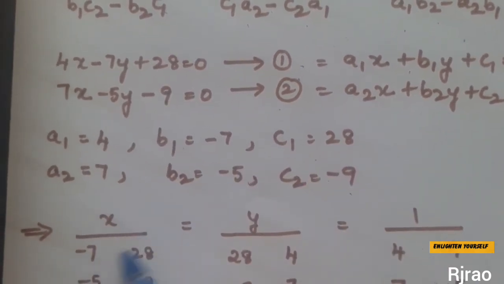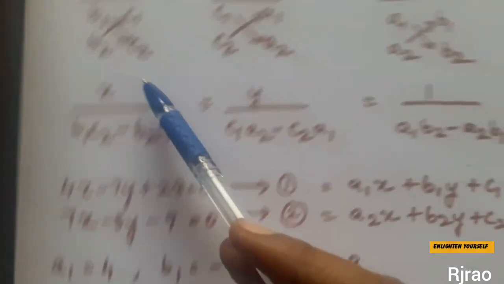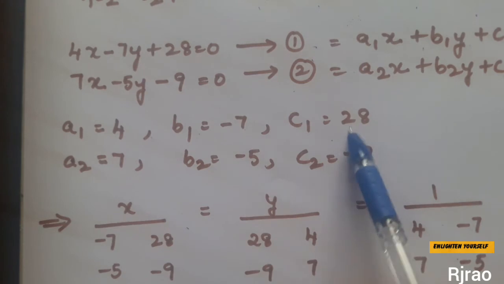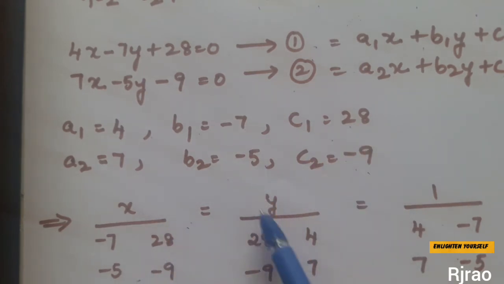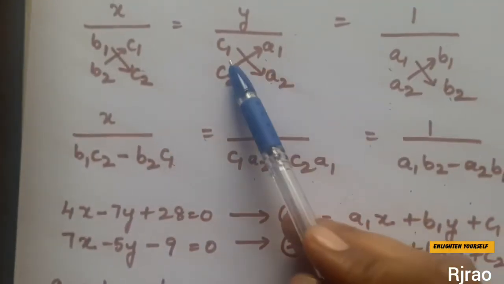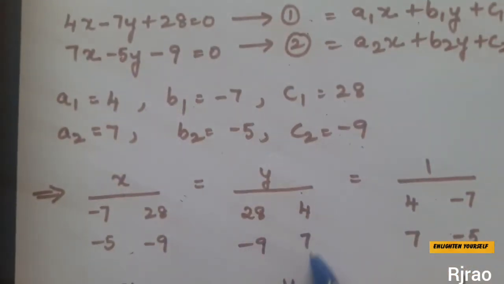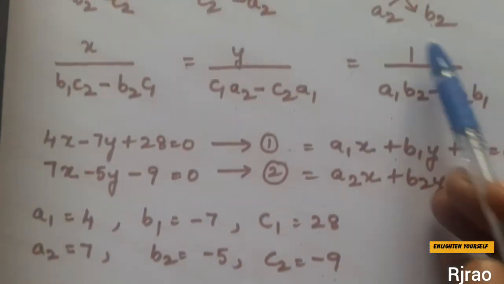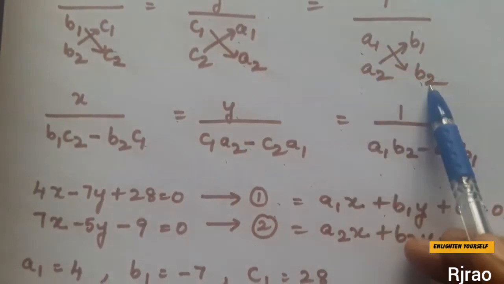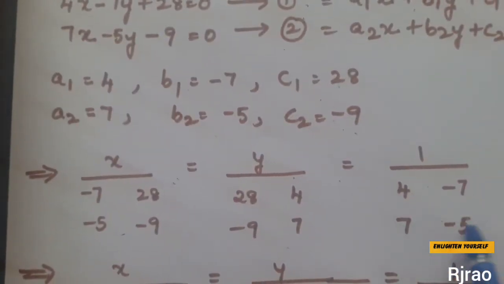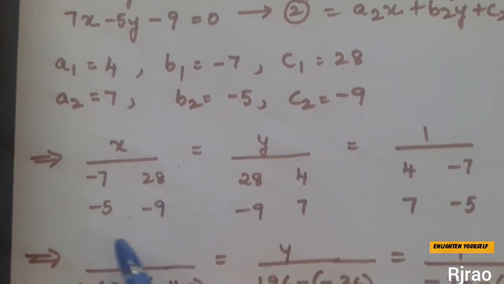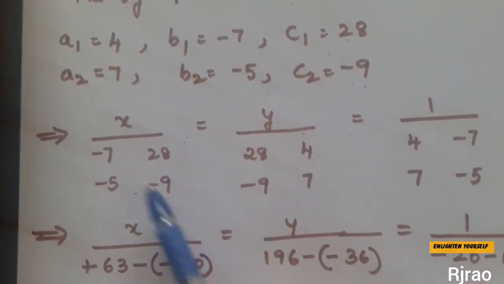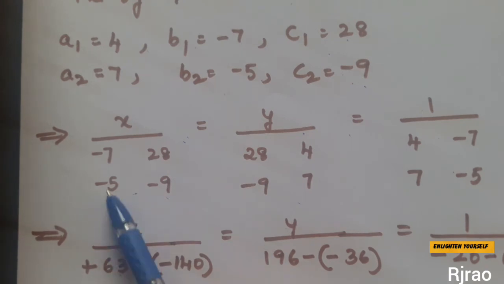Now we have to just substitute in this place. Already you know how we have taken b1, c1, b2, c2. Similarly, write b1, c1, b2, c2 here, is equal to y divided by, next, c1, a1, c2, a2. You have to write down these values. Similarly, in these values a1, b1, a2, b2, we have to write down these two values here. Now the cross multiplication: 7 nines are minus into minus is plus 63, minus of, so minus 28 into 5